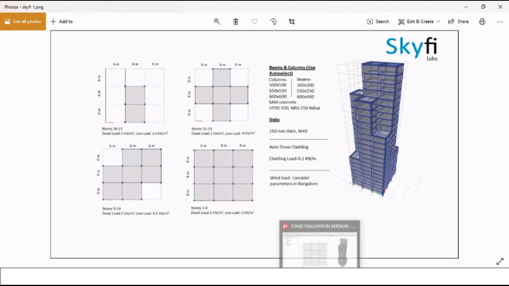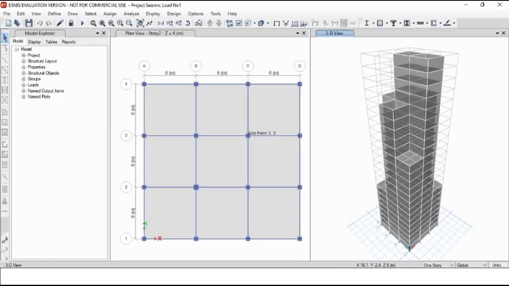So let's just open it. Here, as can be seen, the model is locked, so we'll first unlock the model. Here the model is unlocked. Now we'll go to